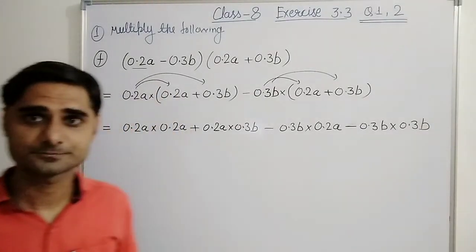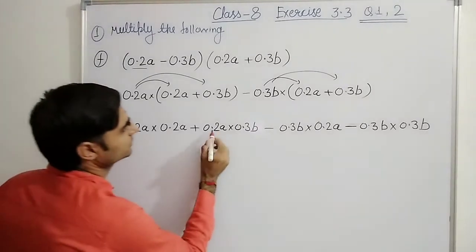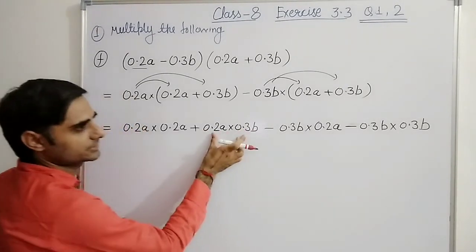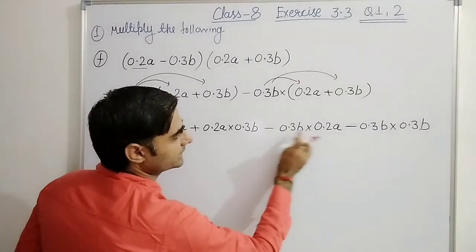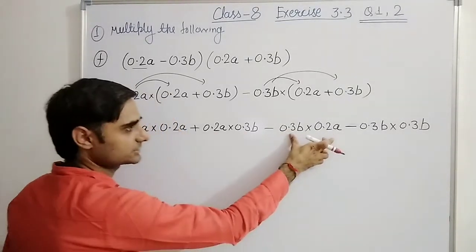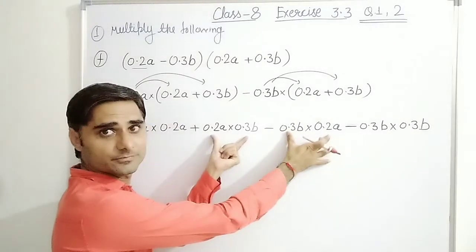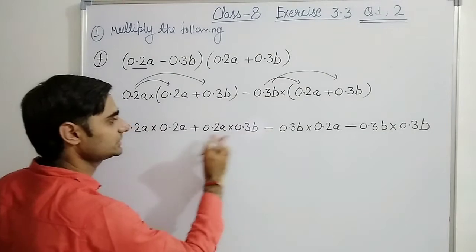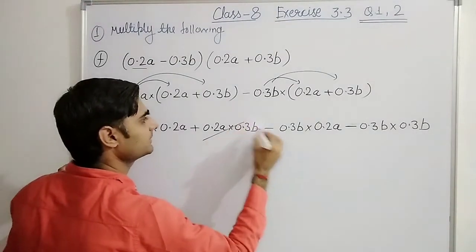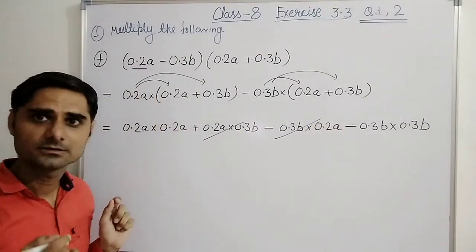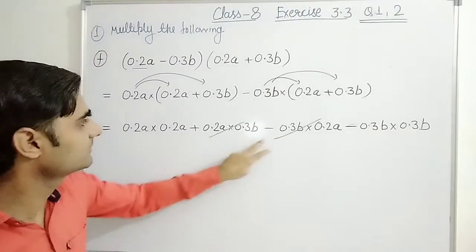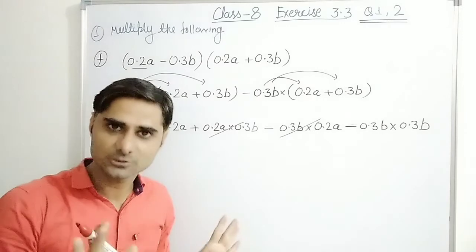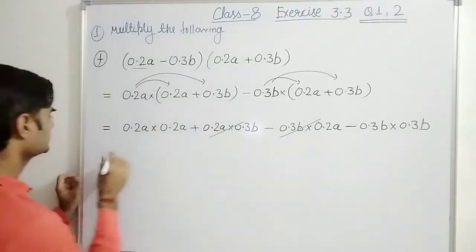Now see ahead. From here, see in the middle, 0.2a 0.3b in product, 0.2a 0.3b in product. See, both are the same, right? Correct? We are multiplying this, so both are same, one is positive, one is negative, they will cancel each other or not? Both are same. When we solve, 2 threes are 6 will come, whatever will come, they will cancel each other. Okay, so what is left now?